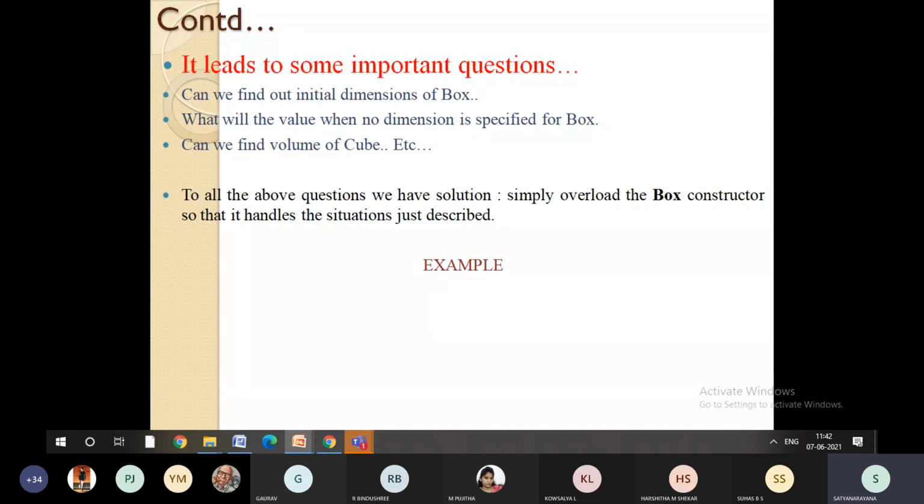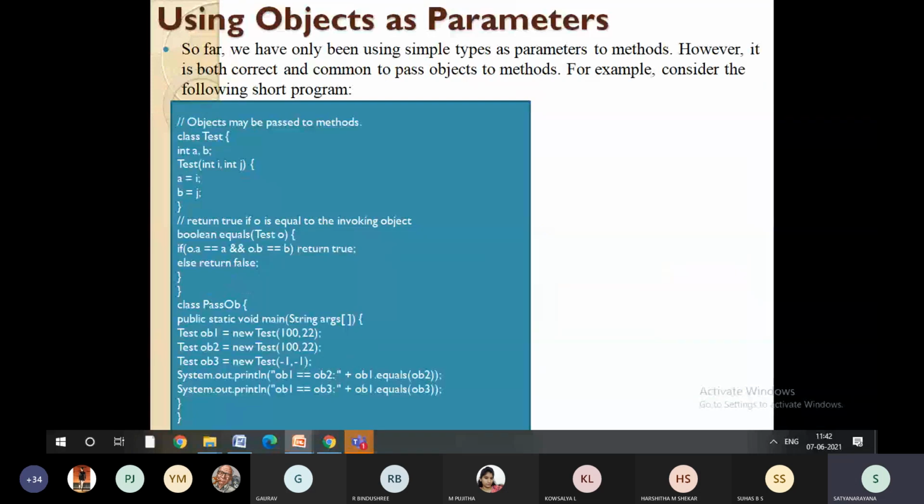Right? These are the concepts we already studied in C++. Now I am showing them in Java. That's it. Next is objects as parameters. You can see here we are creating objects called ob1, ob2, ob3 with respect to the class called test. Test is going to have 2 variables in the constructor, i and j. Now I'm going to pass some values for this. All 3 objects get passed with some values. So these object values will be allocated to this, and then it will execute the output.